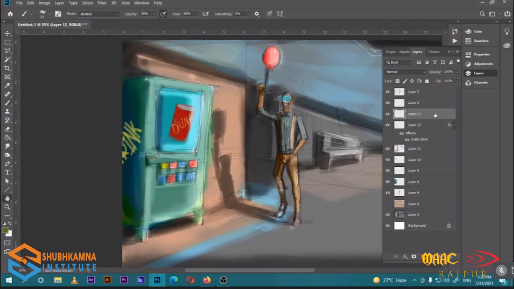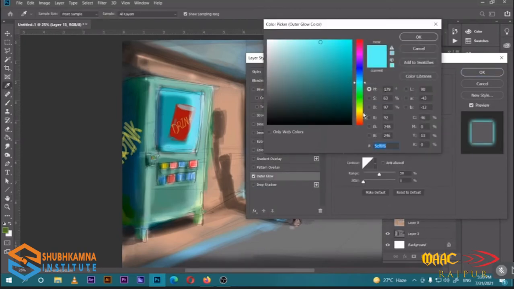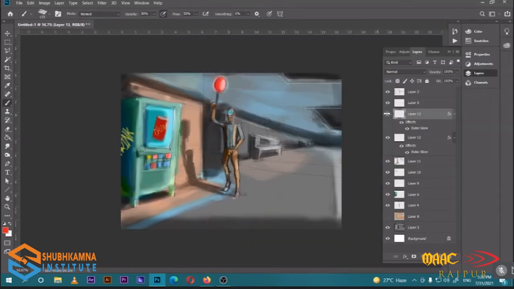Just click once more, give it an outer glow for the red color. Now I could just select this. I could remove all those lines, or I could give them a very little bit of opacity so that I could get a little bit of lines over here.